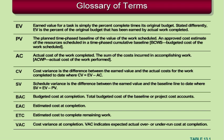Those are the three parameters, and notice that we're getting those three from three different sources. The earned value comes from a report out of the field, or through some earned value set of rules based on the percent of the work that's been completed on an activity. The planned value is off your baseline budget, and it's based on where you're at in time in the plan. Then your actual cost is what's been billed to the account numbers through your accounting and financial system, really coming from a third independent source. So given those three data points, we can calculate things like the cost variance, the schedule variance, the budgeted cost